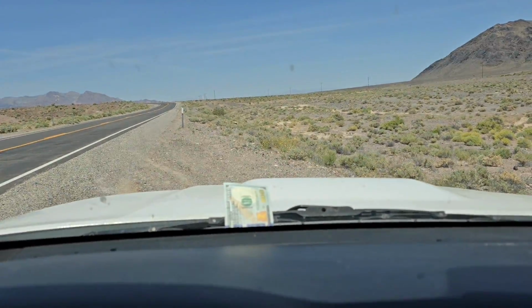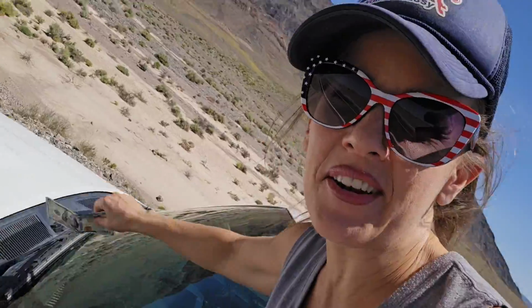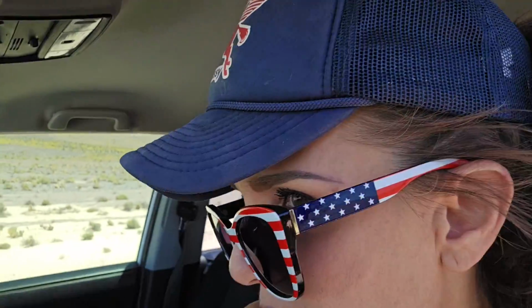Oh, hold on a minute. Well, I'll be if that friendly biker didn't leave a $100 bill on my windshield. Wow, talk about generosity. I'm gonna go ahead and guess this is meant for gas money because, yeah, he offered to fill my gas tank, but I told him, well, I'm not going to the Longstreet yet. I'm turning off before that because of this dang place that I want to go check out that I'm trying to get to. Anyway, I think he left this $100 here so I could fill my tank anyway. And so if you happen to be watching this video, friendly biker, thank you. Okay,